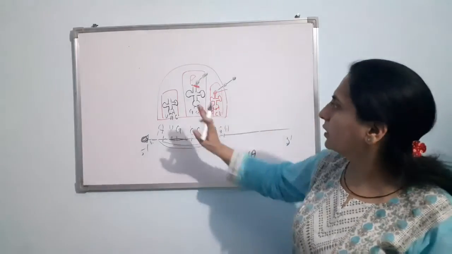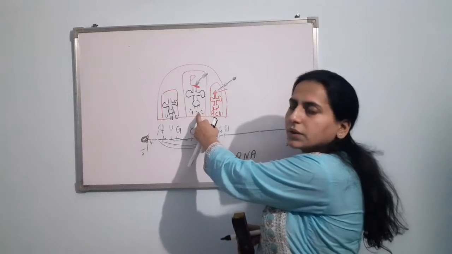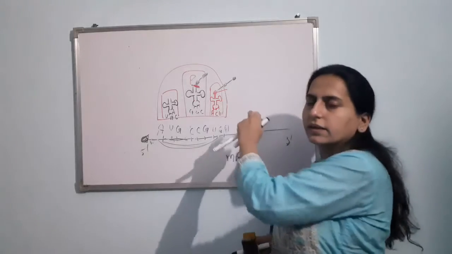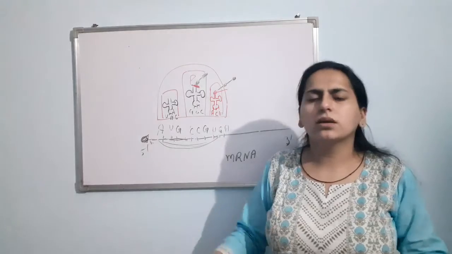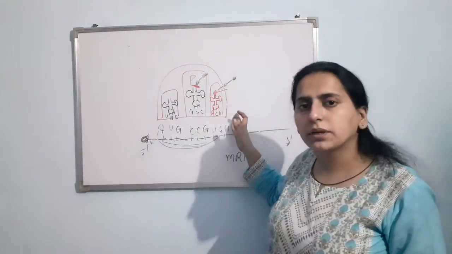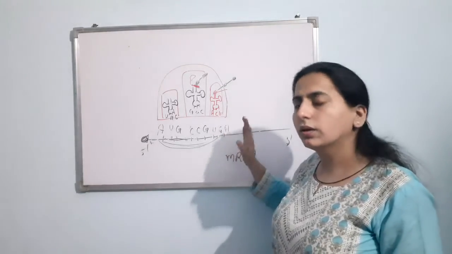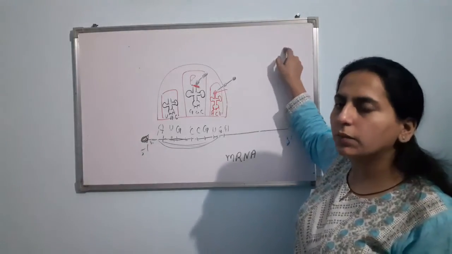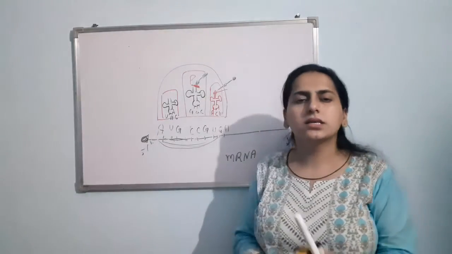Am I clear? It will move ahead. The E site will come here. Now this tRNA will be present in the E site, this will be present in the P site, and here the A site will come. And now again the A site will be empty. Again the same process will be there. Elongation will be there. The A site is empty. Now again a charged tRNA will come, which is having the anticodon. In a similar way it is going on. Amino acids will keep on joining by the peptide bond. Like 3 we have joined. It will keep on processing in the similar way.